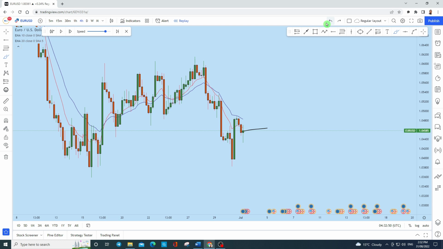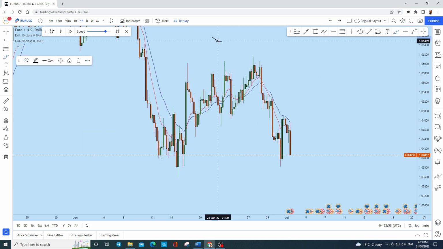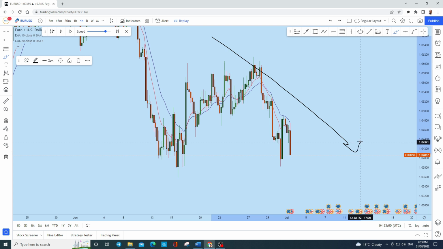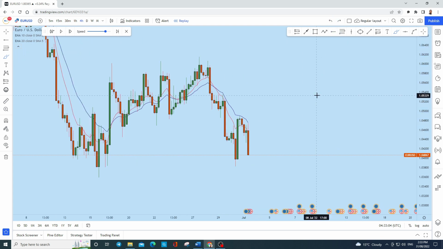Most traders will make this mistake of thinking okay, let's go long from here, stop loss here and take profit somewhere here. Okay, but if you just replay the chart, you see the price did the opposite. It just dropped. Why? Because of the trend. You see that this is the long-term trend. That is what you need to keep in mind. You need to give priority to the trend, not the candle or any other things here except the trend. Trend is your friend until it completely changes its pattern.